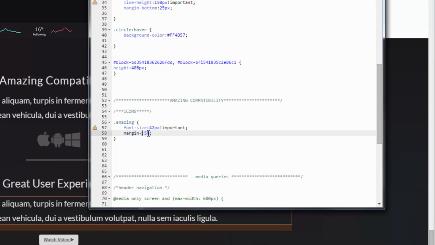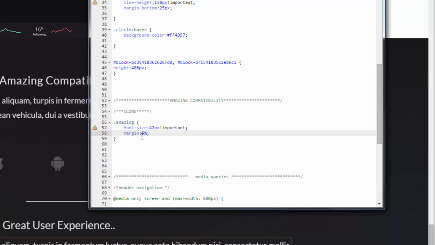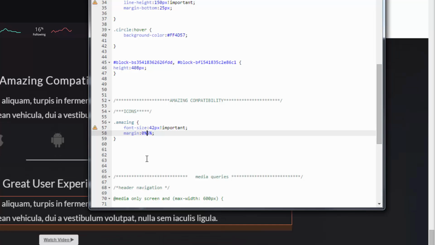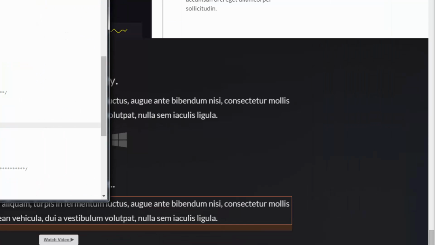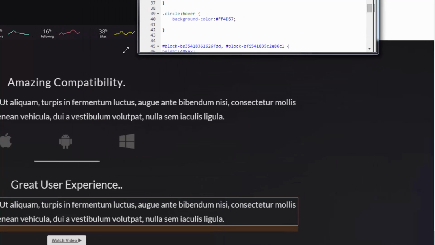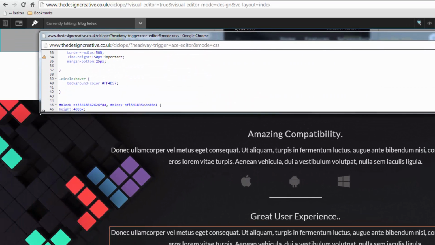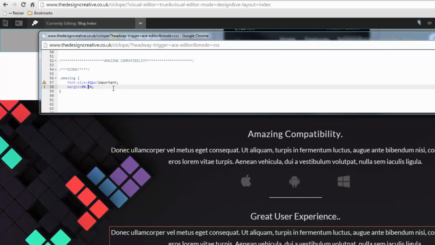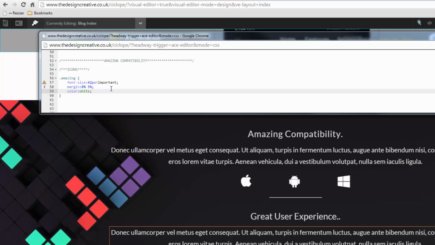Margin, actually, let's do margin 0% and 5%, so it's a little bit more. Sorry, I need to move this out of the way so you can see what I'm doing. Makes sense. Okay, let's go back here. Let's change the color to white,